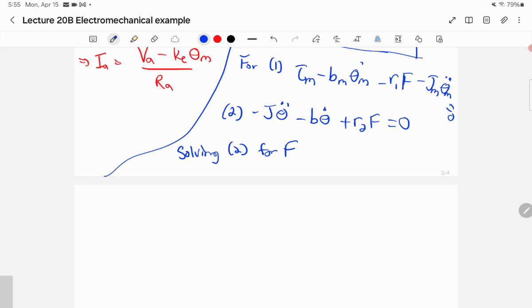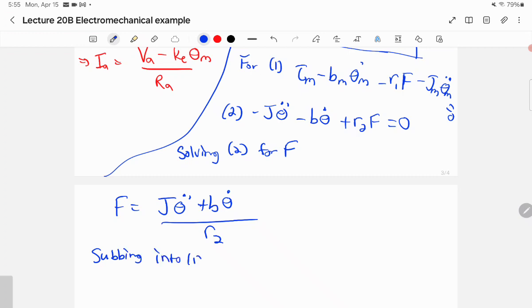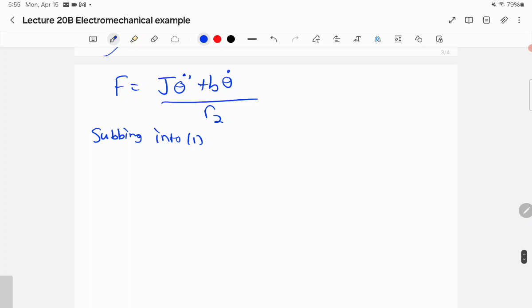So now we'll solve 2 for F, because I'm going to substitute that back in a moment. So what we get is, okay. When we substitute this back in,